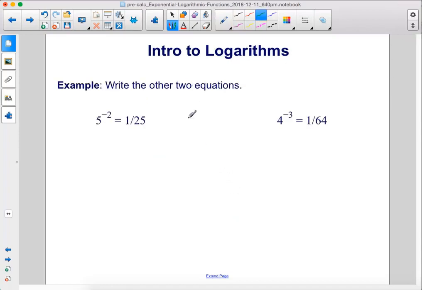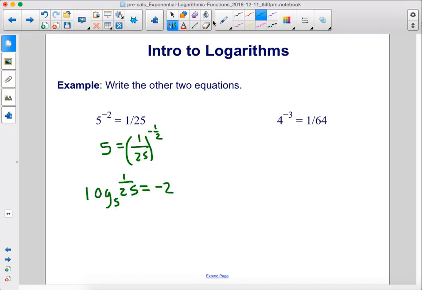Write the other two equations. Here we have 5 to the -2 power equals 1 over 25. So first, let's write that same base, 5, equals, and then we move this exponent to the other side, but we use the reciprocal. So instead of -2, it's -1/2. Now to get the log form, we write log, then use the same base, 5. I write the equal sign, and I put the exponent on the right side, and then I write 1 over